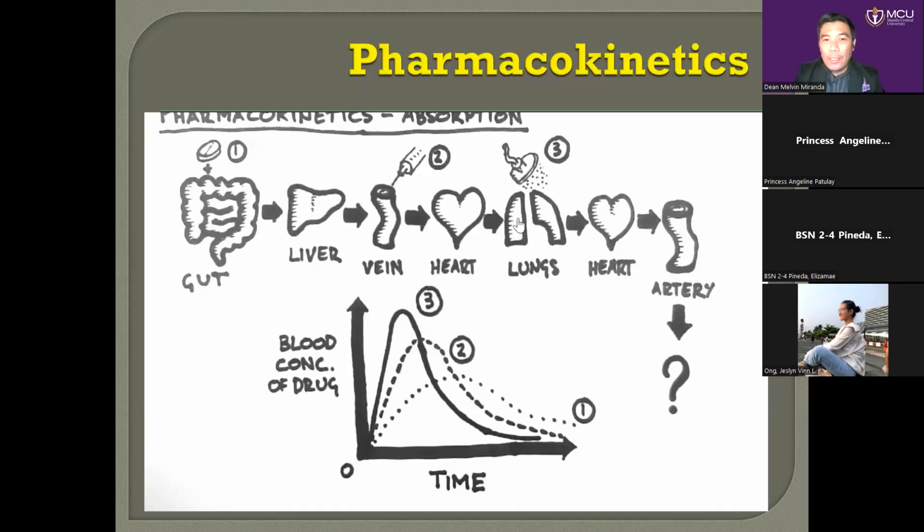After the lungs, once it becomes oxygenated, it will enter the left side of the heart, then goes to the artery, which is the aorta, and systemic circulation. As I have mentioned to you,